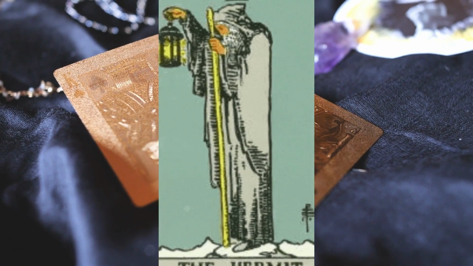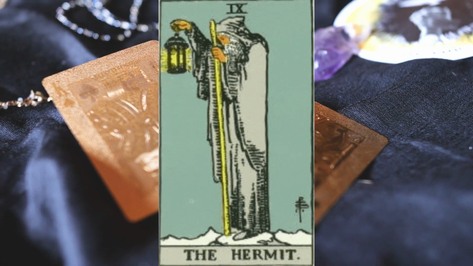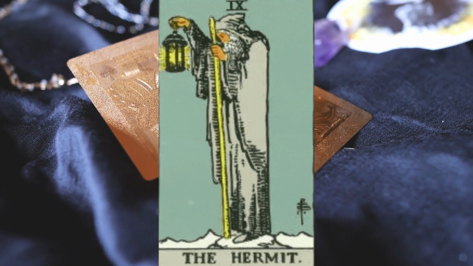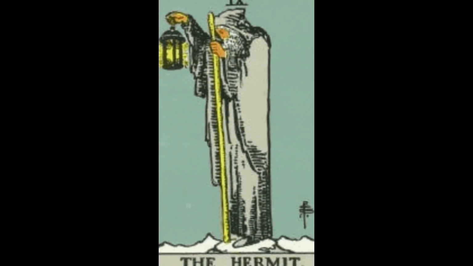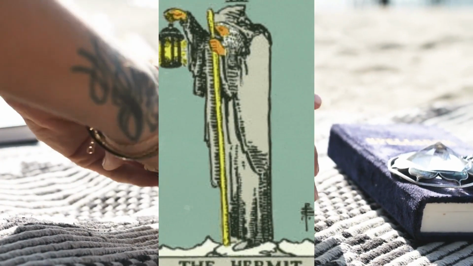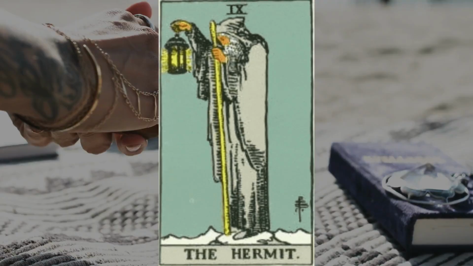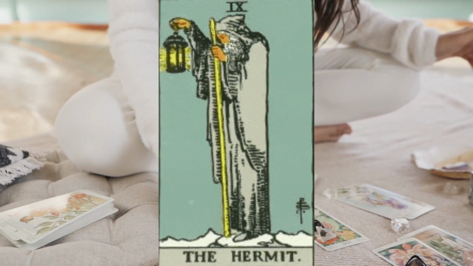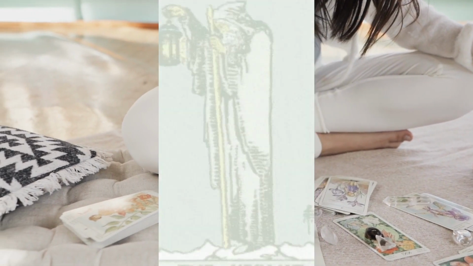The Hermit, 9. Upright: wisdom, soul searching, solitude, spiritual enlightenment, receiving or giving guidance. Reversed: loneliness, isolation, paranoia, sadness, being overcome or paralyzed by fear. In the upright position, the Hermit is a compelling card. Just as beacons of light often guide ships to the shore, this sage is ushering in a period of personal